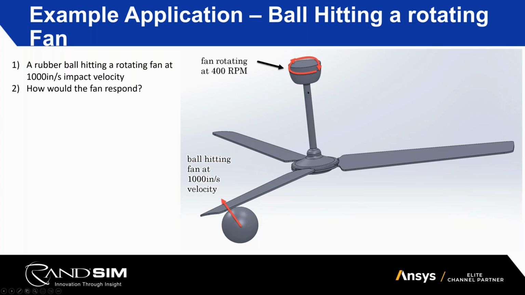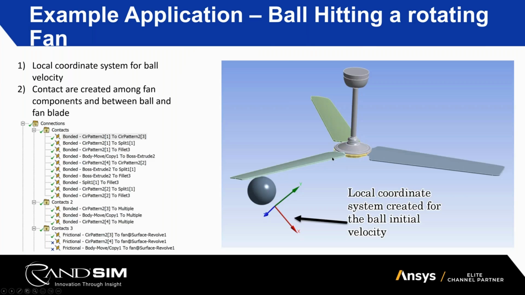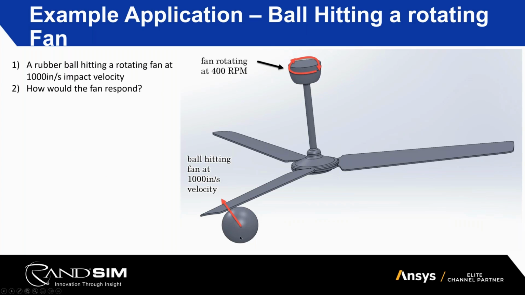Okay, so in the first example, I have a fan. This fan is essentially rotating. You mentioned there's a ceiling here, right? I'm going to rotate this fan at 400 RPM. And now I have a soccer ball here. Now it's not really a soccer ball, because I'm lazy enough to use the same rubber ball model I used earlier, right? I'm just going to use that rubber ball,